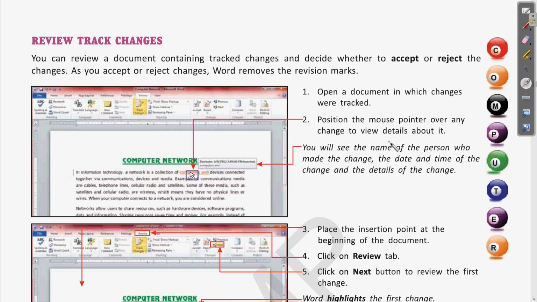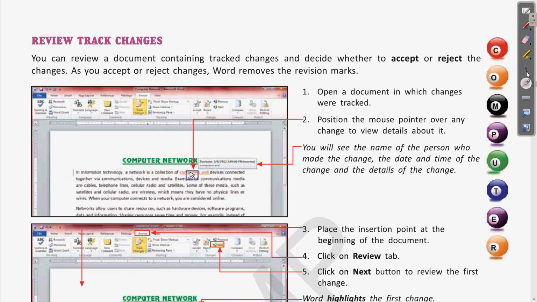Whatever change has been done, when you bring the cursor there, it will show you in a small box the name of the person who made the change, the date and time of the change, and the details of the change. Clear? So all this will appear in that small box we have just seen.